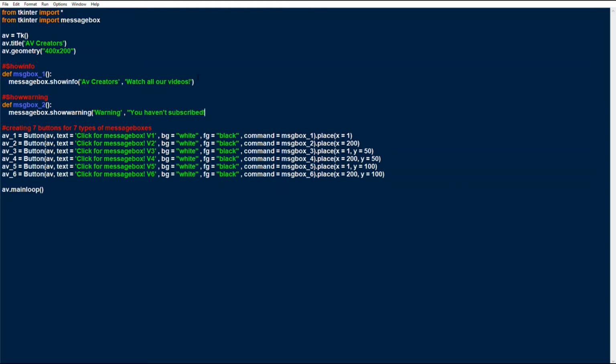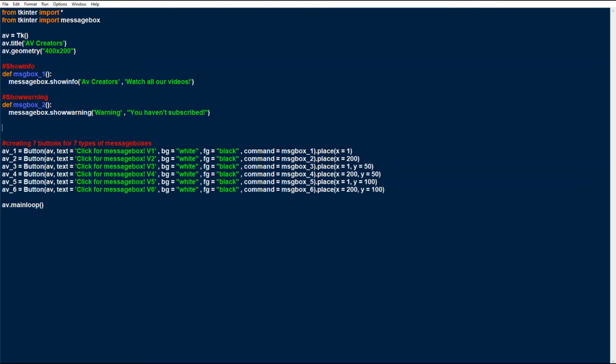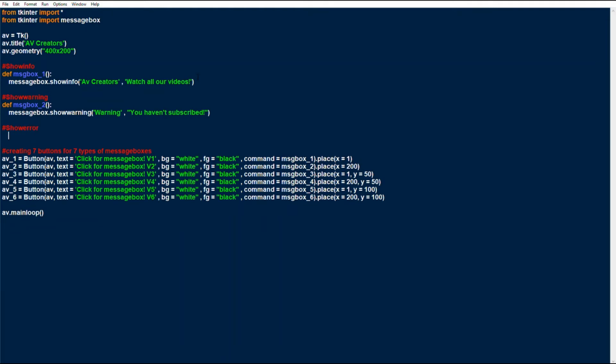Oh, sorry. So this was show warning. Now let's move over to show error. When we run it, I will show you all their differences in detail. I will first run them one by one, and then I will run them all together and separate them out in a line to show you how each of them is different from the other.